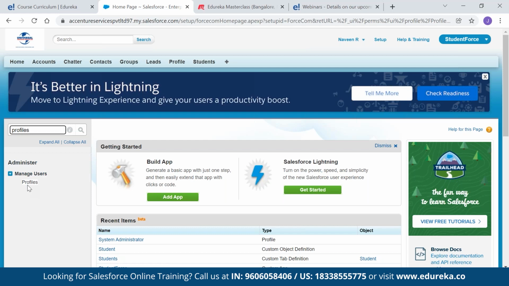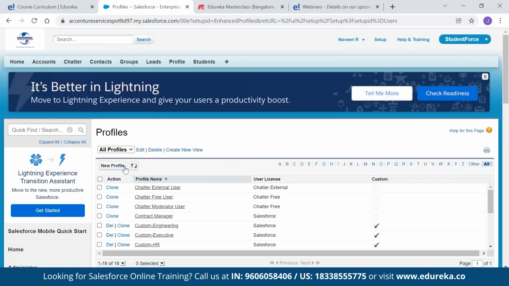This is what I was discussing here. If you have any existing profile, I can clone the profile. Clone is nothing but a copy of an existing profile. That is called cloning. Understood? This is about profiles.